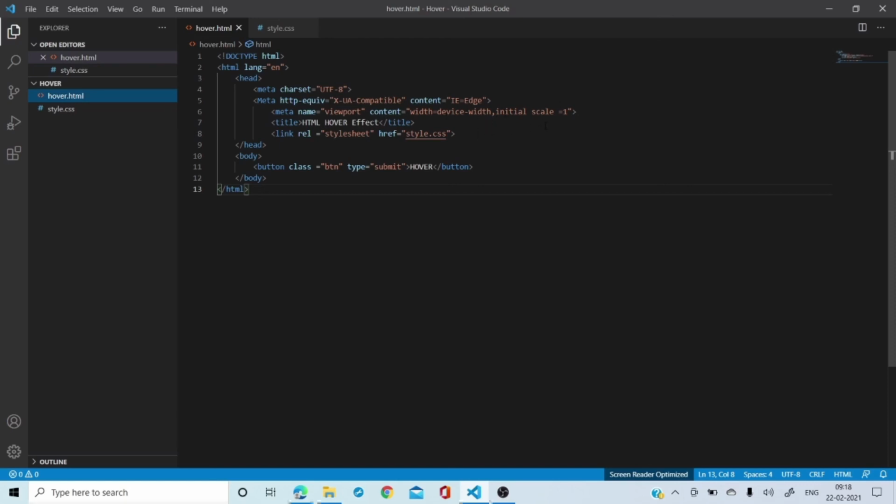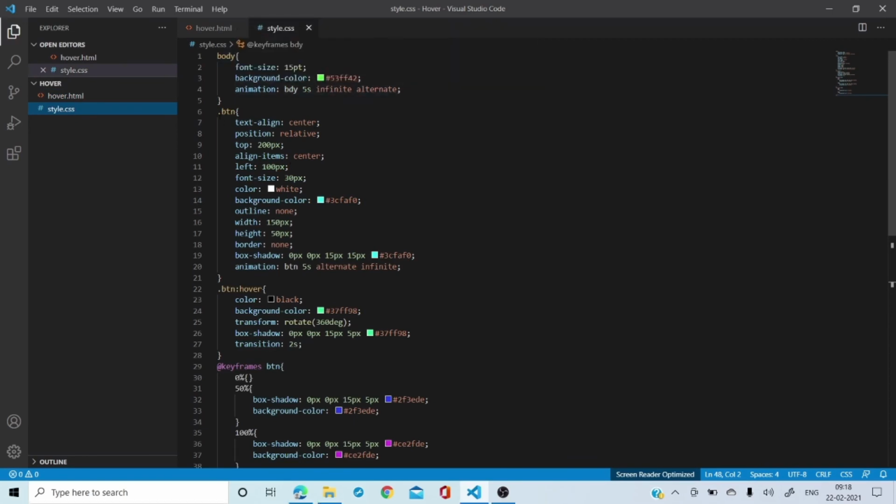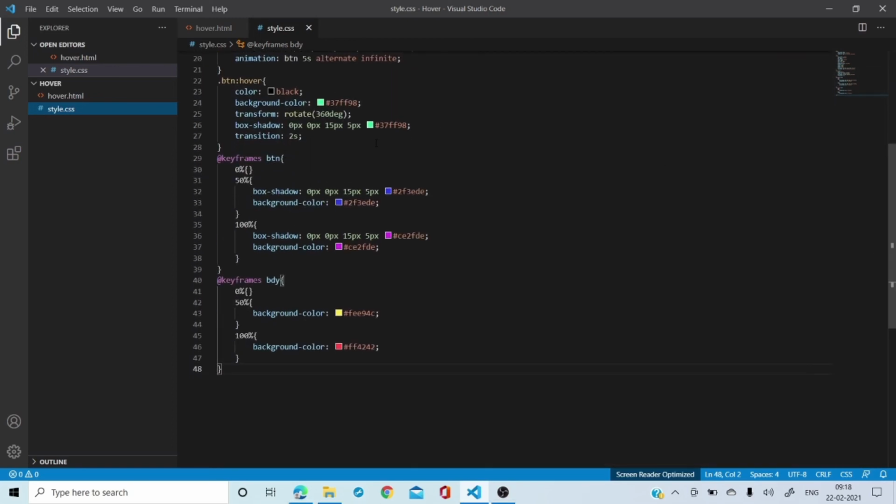This also I'm going to show you right now. And you can give any title, hover effect title, and the style sheet which I want to refer to. Here I am using style.css. Plus in the body, I have created one button, and the button is a submit button. I'll do the styling for the body, for the dot button, then the hover effect for it. Then as I have shown in the video, I have used the keyframes for the button and for the body.